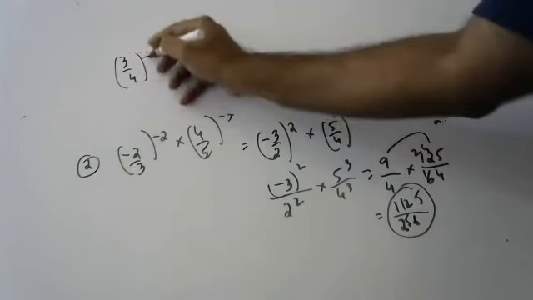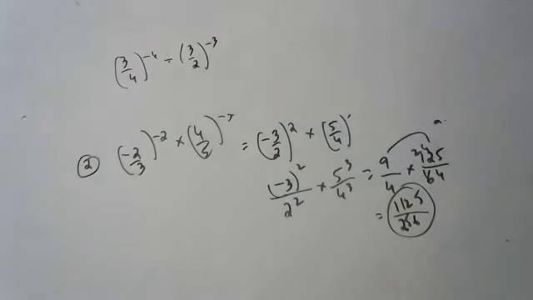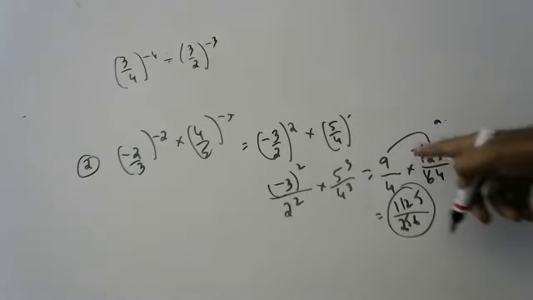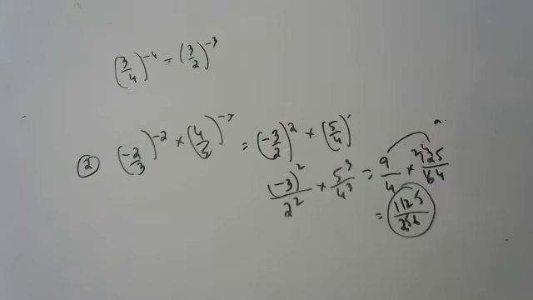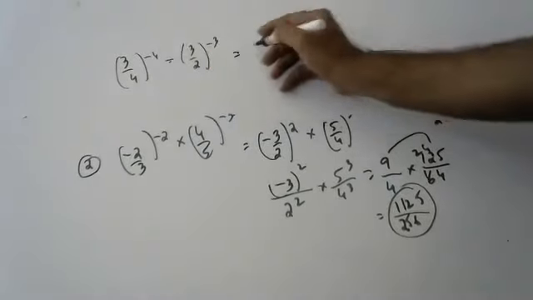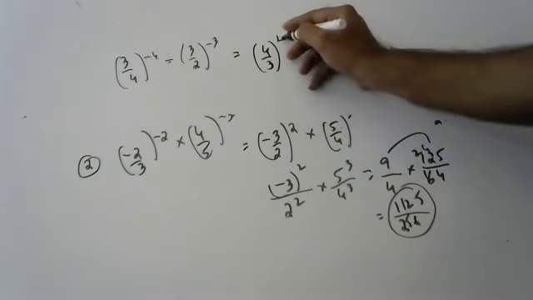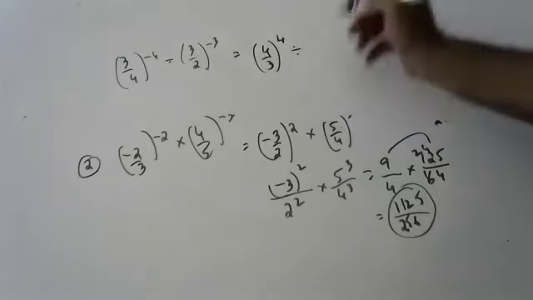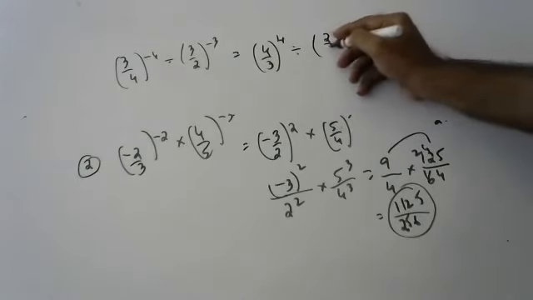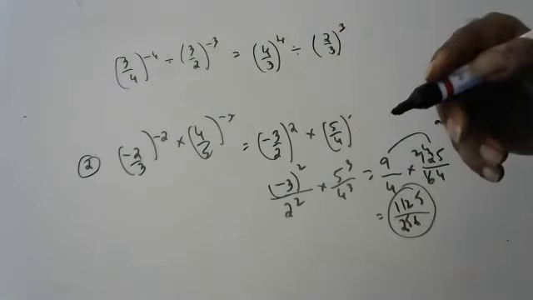Sir, can I say? 5 cube is 125. 125 into 9 is... Hansika. Yes, sir. Nana, can you tell this sum? First remove minus. (4 by 3) to the power of 4 divided by (2 by 3) to the power of 3.